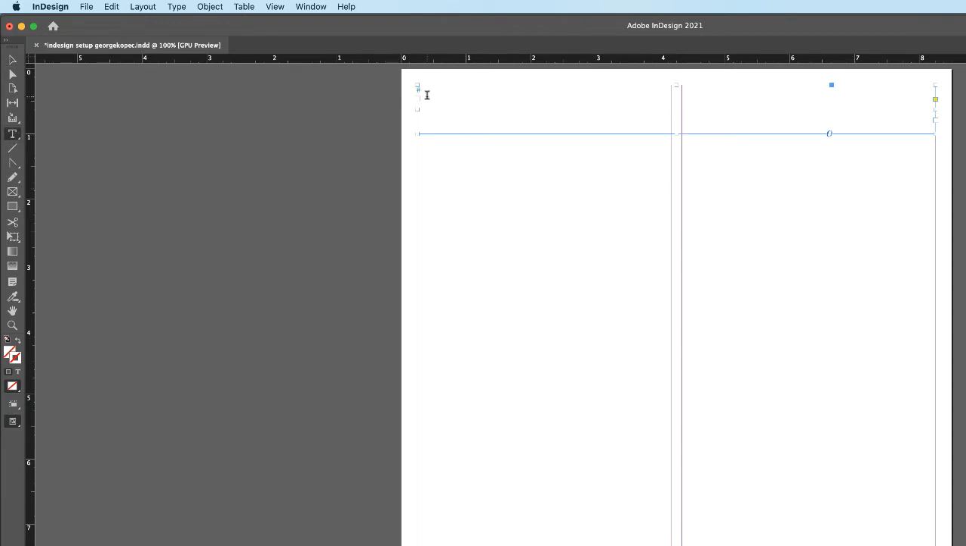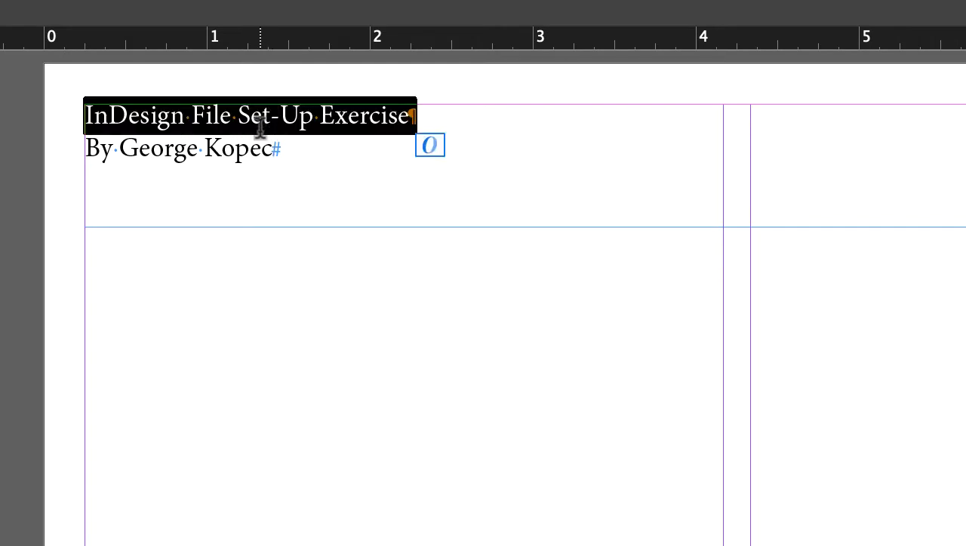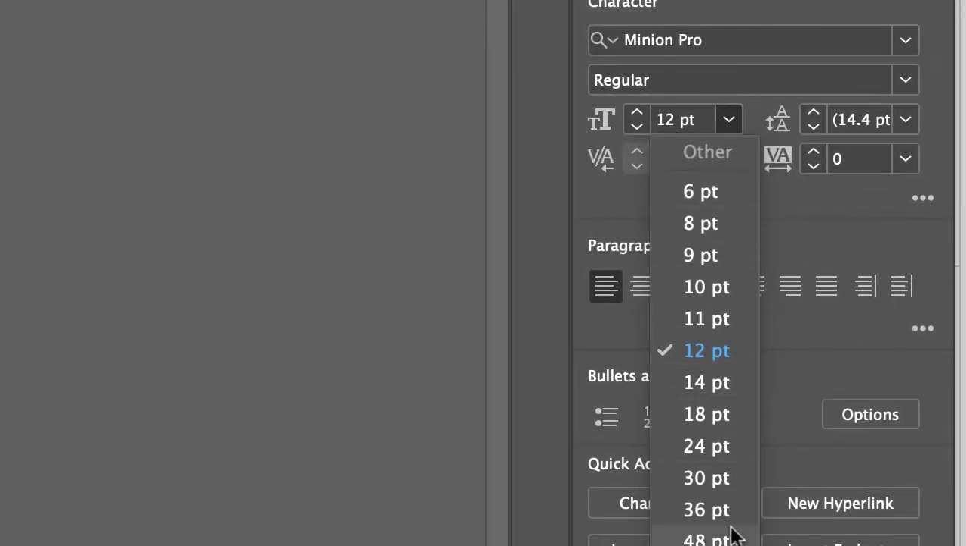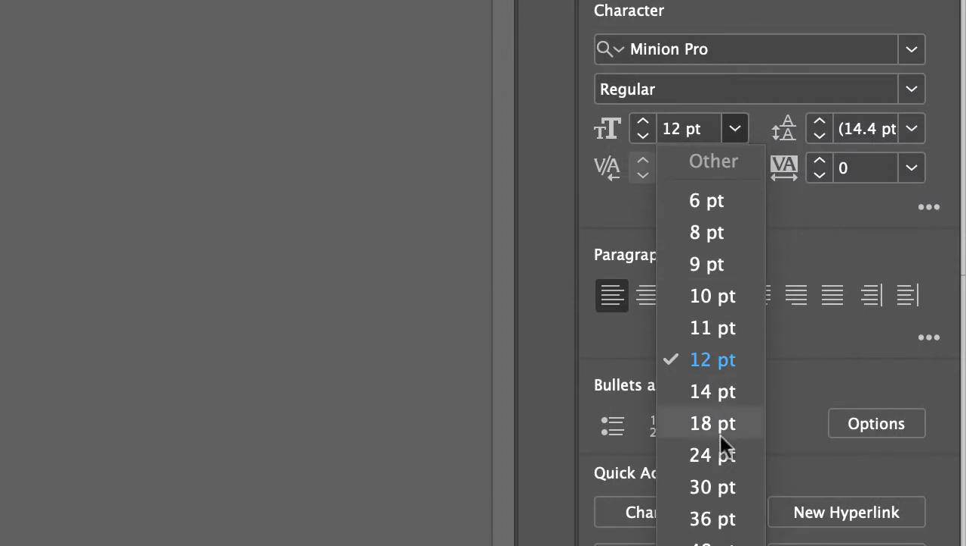Enable the Type tool and type in these words: InDesign File Setup Exercise. Hit the return key and then type in by and then your name. Alrighty. Double click on the first line, come over to the Properties tab, and set the point size at 24. Double click on the second line to select it, come over to the Properties tab and set that to 18